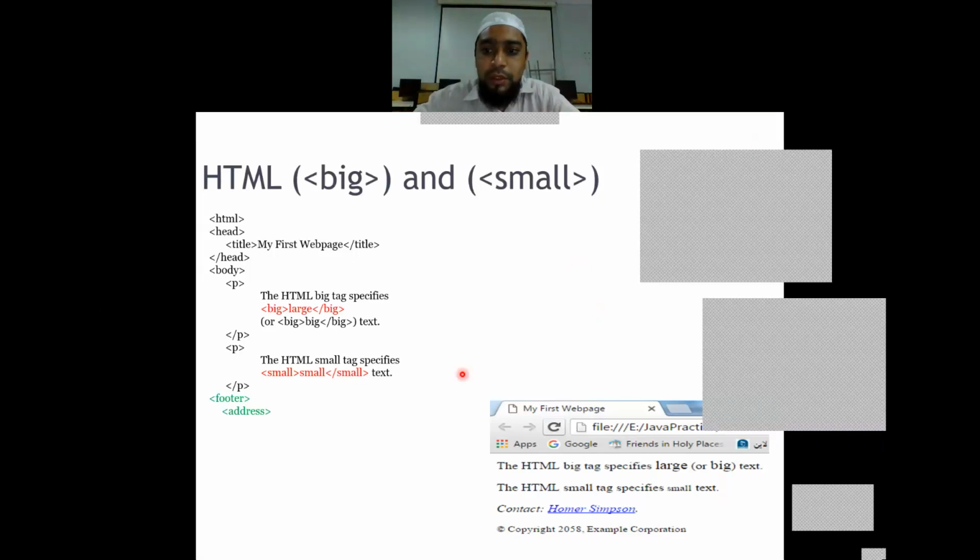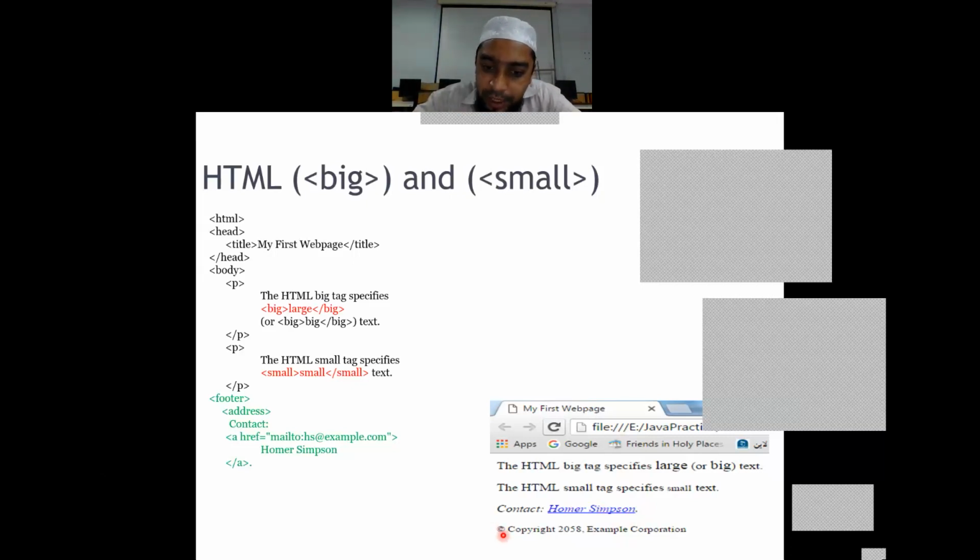So let's proceed. We have got over here one contact written, and there is a name, Homer Simpson, and this is underlined with a blue color. That means it is a hyperlink, and if I click on that one, it is going to make me navigate to a different location. And what is the different location where it will make us navigate? That we'll try to see.